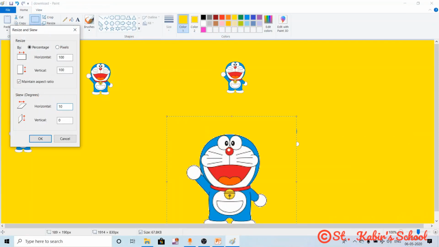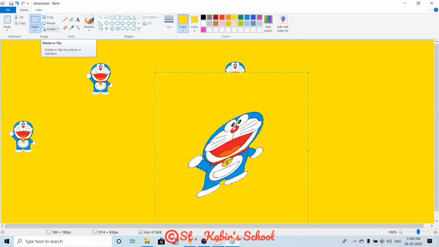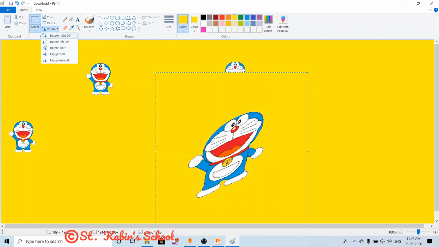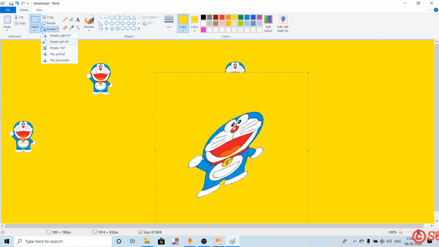Whenever I use skew option, it will give a slanting effect to my selected drawing. Next one is rotate. If you want to rotate the selected drawing, click on rotate. See, my drawing is rotated.